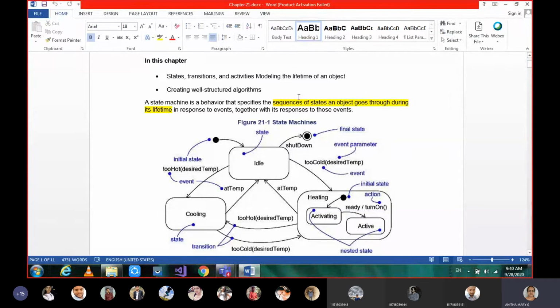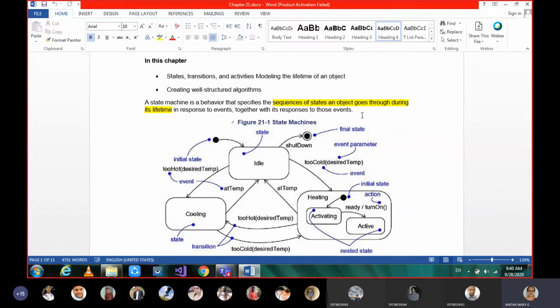When we are talking about a particular state, it's with respect to an object. Why? Because the communication is done between the objects only, and those objects only can change their state in the course of time.